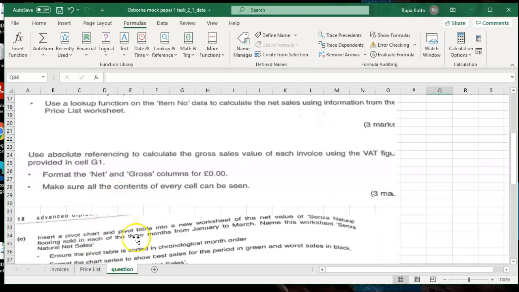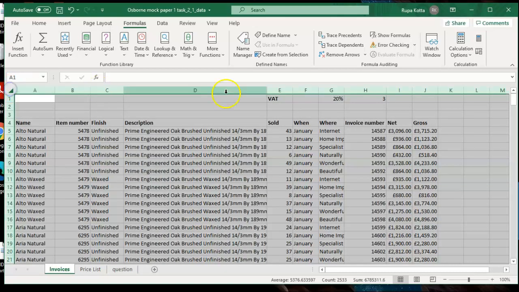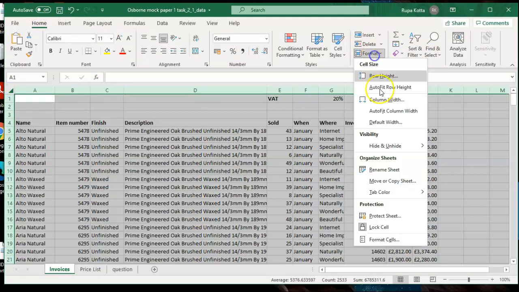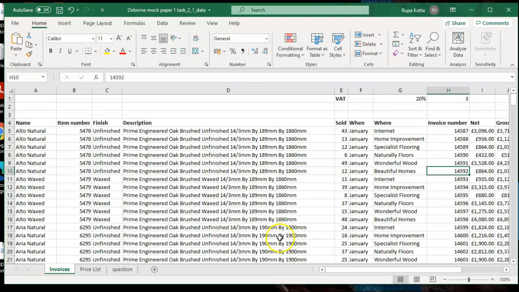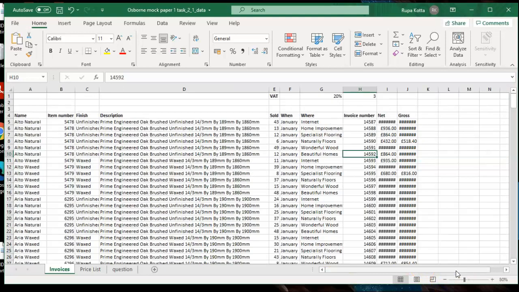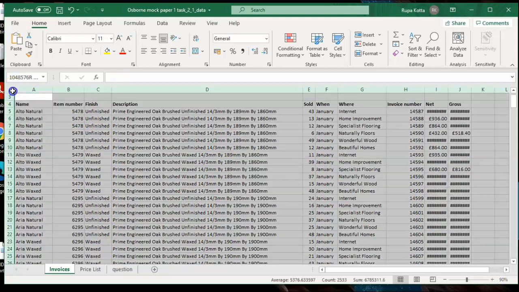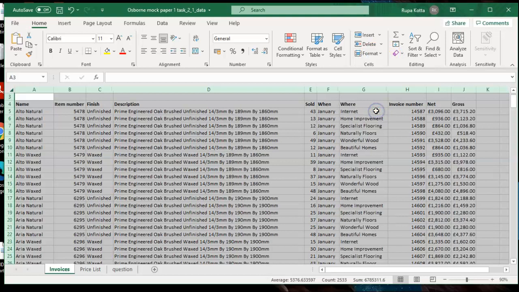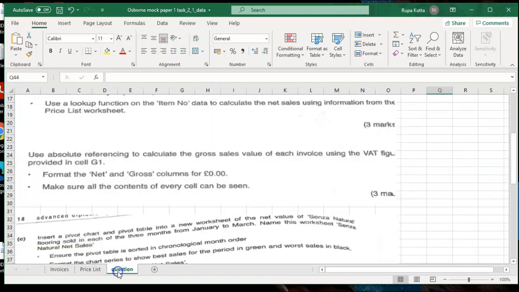Make sure contents of all cells can be clearly seen. So make sure you select here, Home, Format, Auto Fit Column Width. So contents of all the cells will be clearly seen. Some are still not seen. Format, Auto Fit. OK. That's done. Next,